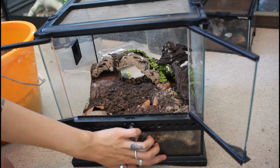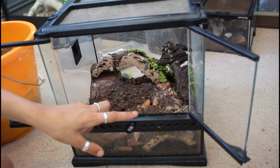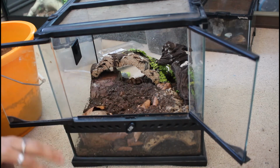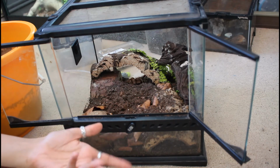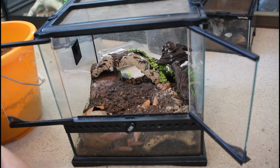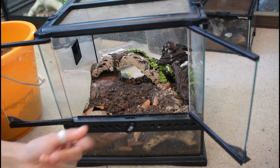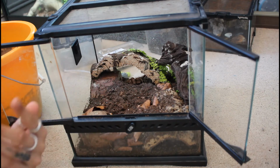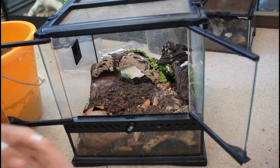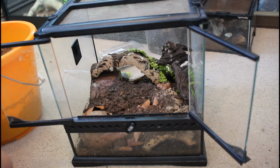This whole bit should be substrate and then all the decorations, because that will bring this height up to about here when she's climbing on stuff, so it makes it a bit safer because she is a terrestrial tarantula. The more I give her, the more she's been using, so I'm just like, let's take out all this crap, give her a bunch of substrate, and then go from there. So that's what we're gonna do, but I have not got her out for a very long time. I think I'm gonna pop her into...